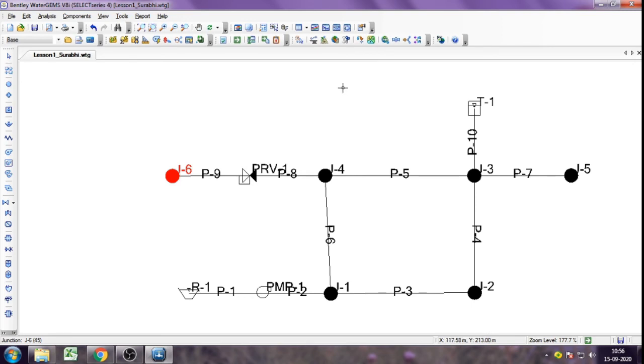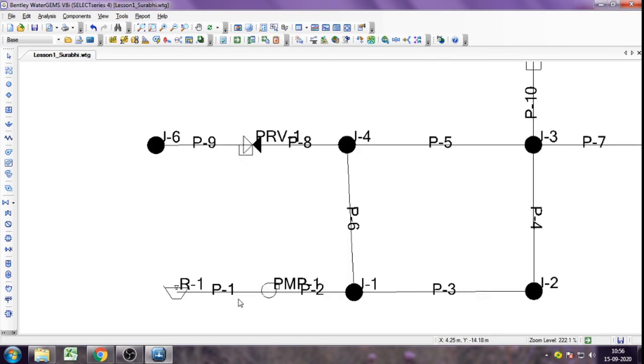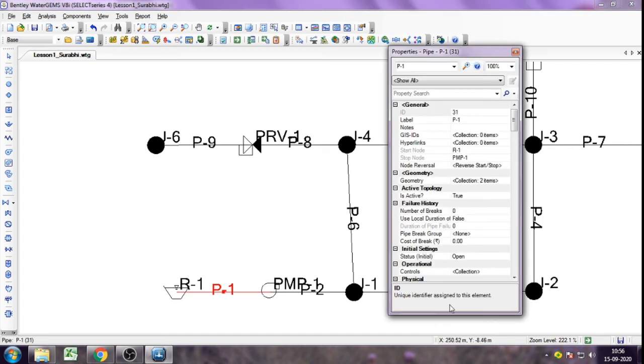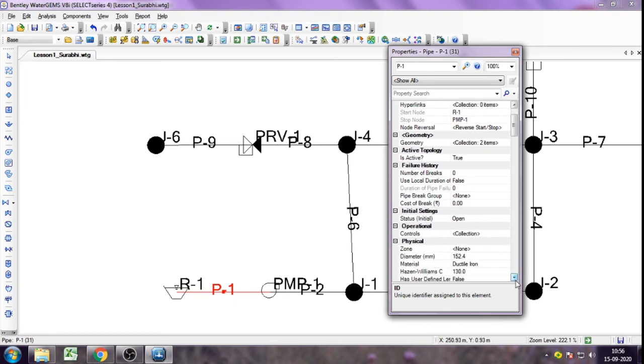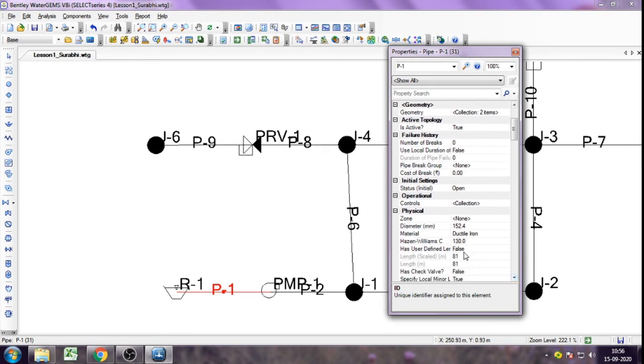Now we will move on to the last component, which is the different pipes. When we initially drew the pipes, we did not follow any particular scale, we just drew them randomly. It depends on whether your particular pipe has a particular length value or not. If I double click on this pipe, you will see the length scaled is 81 meter.